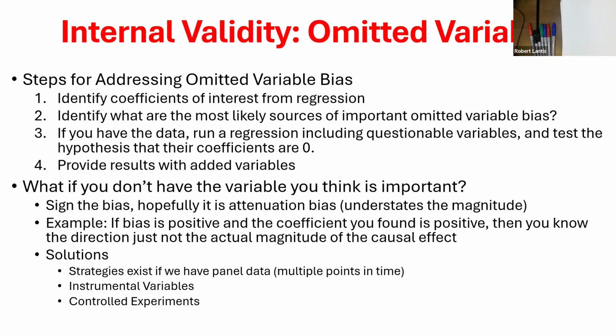But basically, if I have internal validity concerns, like omitted variables, what can I do? The easiest way we talked about is to first think about whether other data sets exist out there. We could start to put a sign and a size to what the bias is. These are things we've already talked about. I can go out and get more data on those additional variables I want to include as controls. I can also think about, even if I don't have the data,